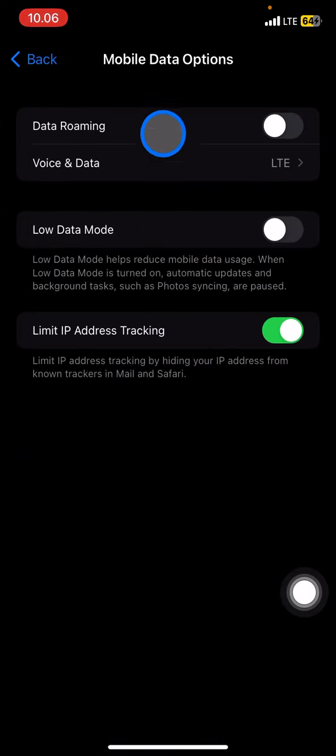After that, you can see that there will be three boxes over here. This is for data roaming, voice and data, low data mode, and limit IP address tracking. To manage our data usage, you just need to turn on Low Data Mode. Click this button to turn it on, and whenever it's on, you can reduce the mobile data usage on your phone, so